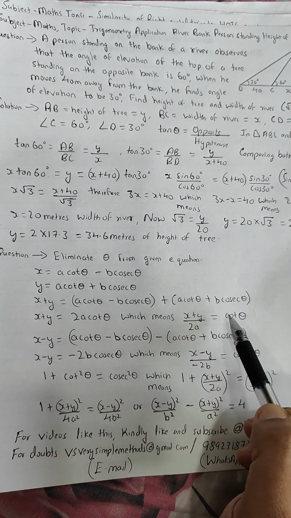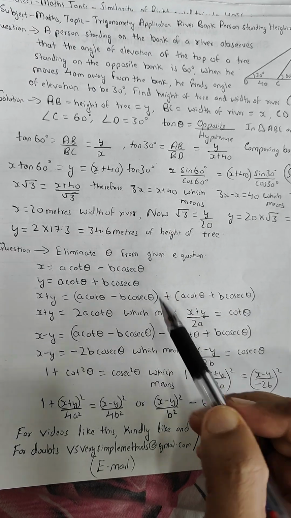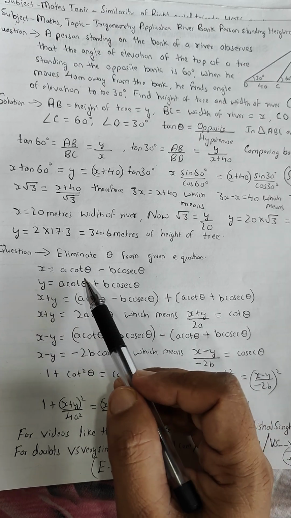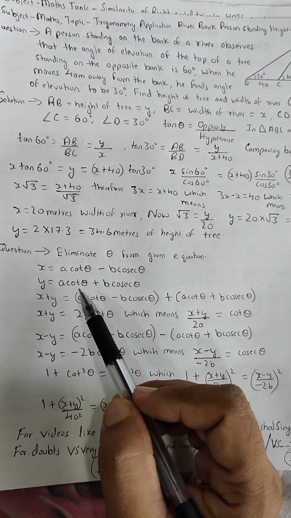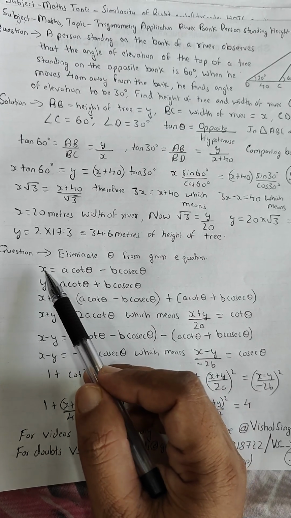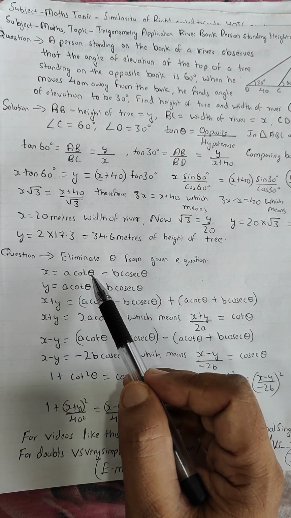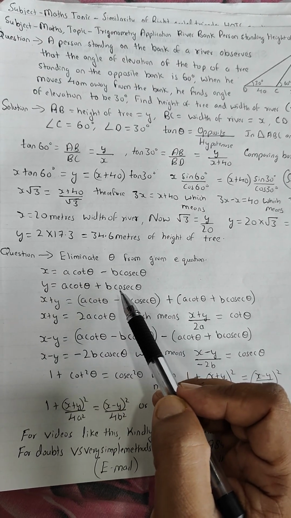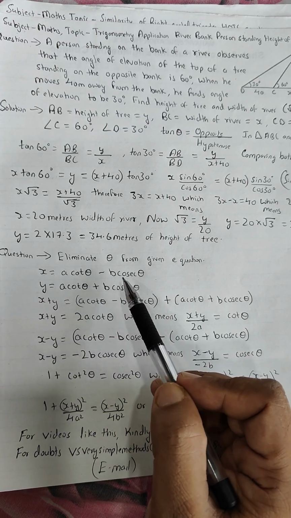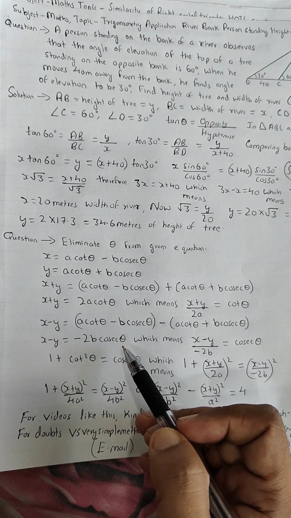So what we can write? Cot theta equal to x plus y upon 2a. When we use the same method for the other one, same method अगर दूसरे में apply करते हैं, means we are trying to subtract it. Now when we subtract x and y, this will be x minus y. When you do x minus y, a cot theta minus a cot theta will be gone. Minus b cosec theta minus b cosec theta will be minus 2b cosec theta, which you can clearly see over here. Minus 2b cosec theta.